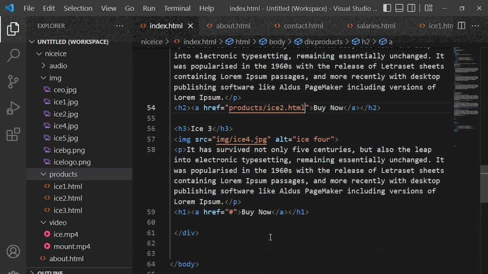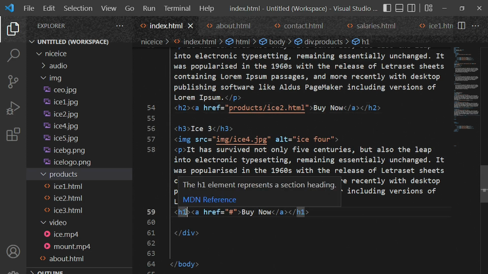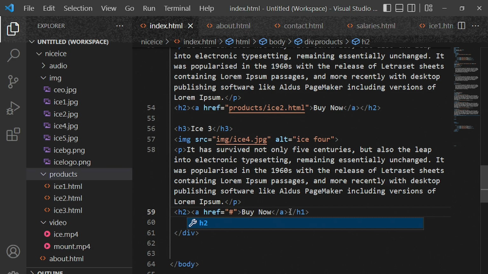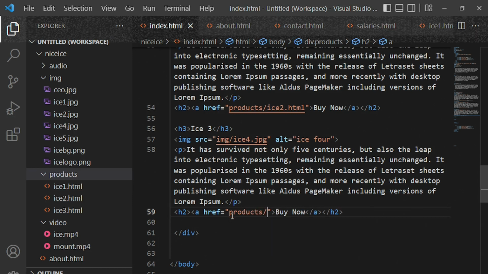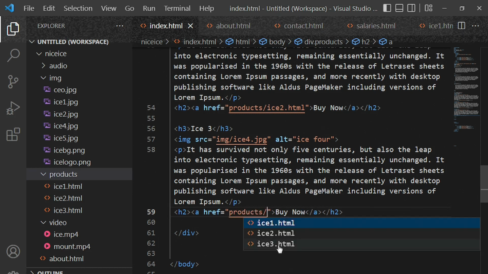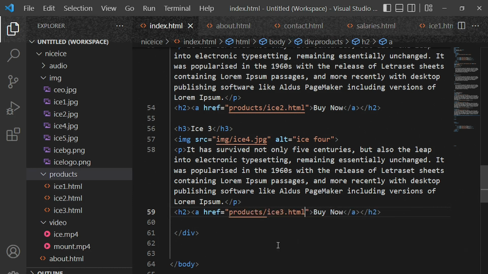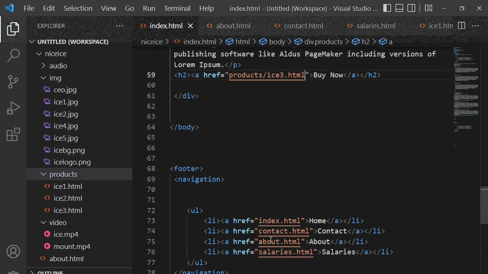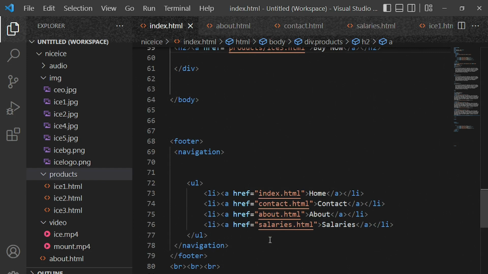We scroll down to product 3, and again we change H1 to H2 here, and then inside the link we put products, and then we pick this page, which is product 3. Let's scroll down to the bottom. Now